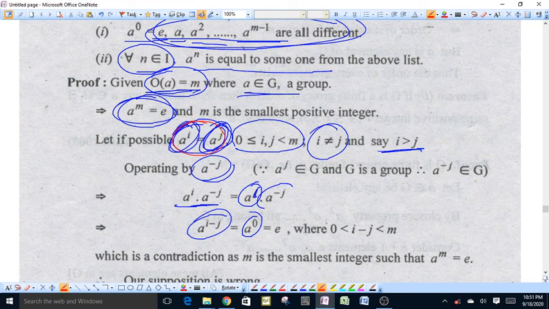This means a raised to power i minus j is equal to a raised to power 0, and a raised to power 0 is equal to the identity element, which is a contradiction,